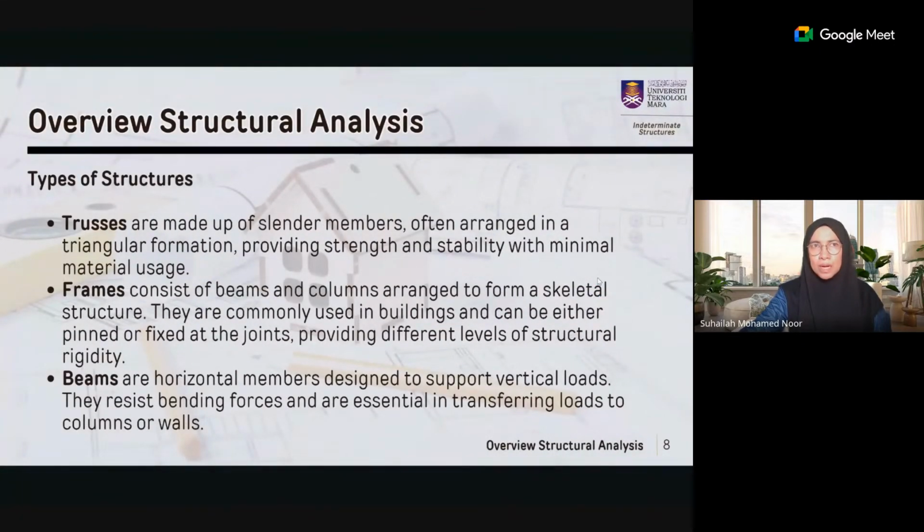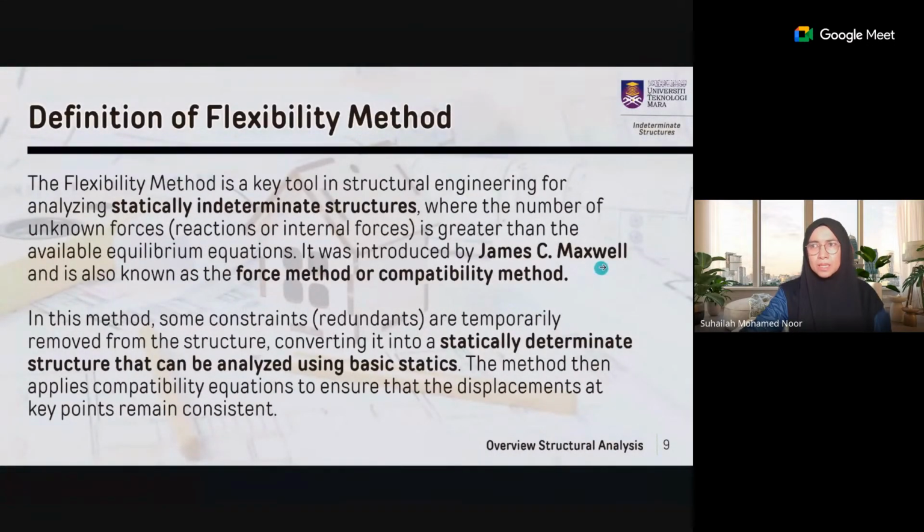Okay, in flexibility method, we will cover 4 types of structure. Start with beam analysis, beam, frames, and truss. And type number 4 is composite structure. Okay, so for this week